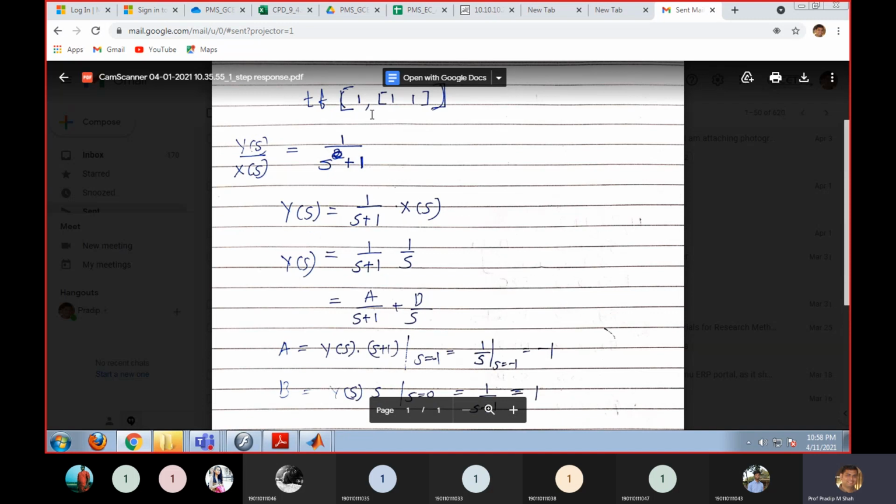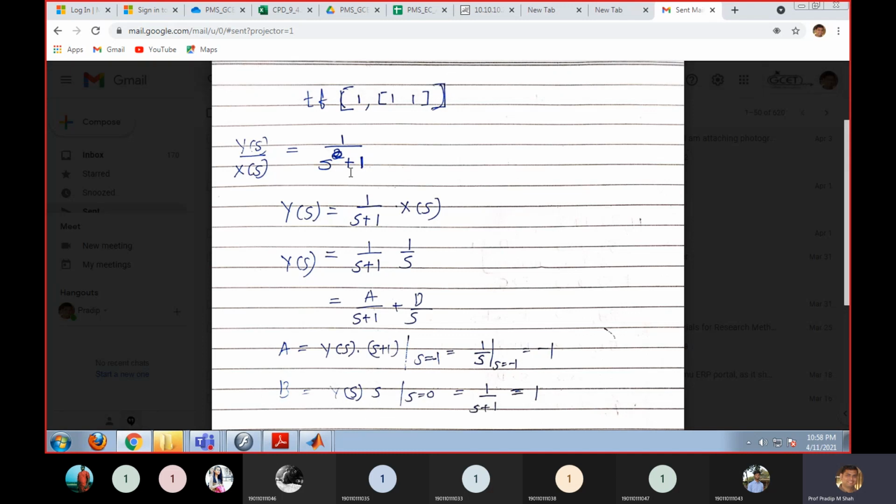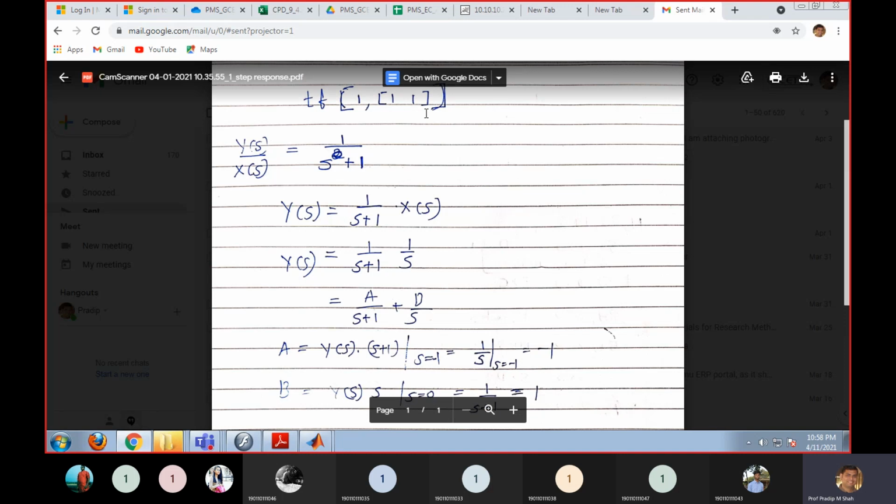So the system you are defining in terms of a numerator and denominator. I'll take that for the sake of simplicity. I'll take that as 1, 1, 1. So इसका meaning होगा numerator में आपका 1 है, denominator में it will be 1, 1. So denominator में आपका function आएगा that will be s plus 1. First order system. So s plus 1. So this is the coefficient of s. This is the constant 1.